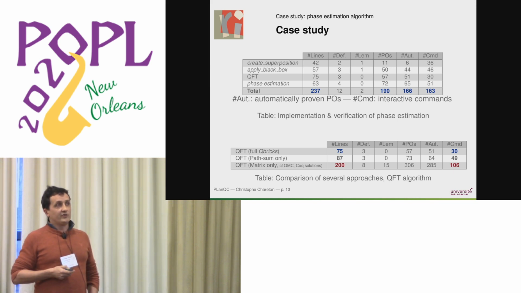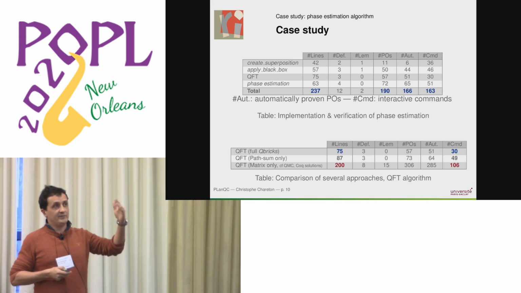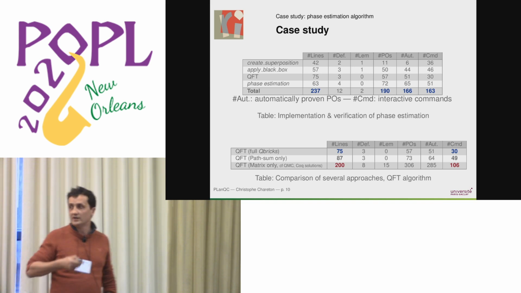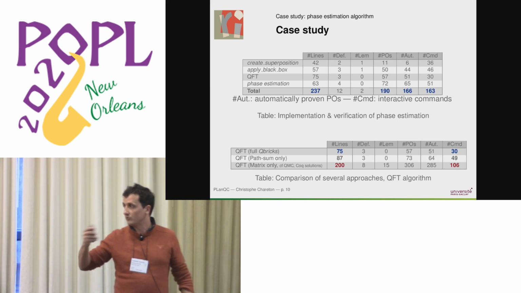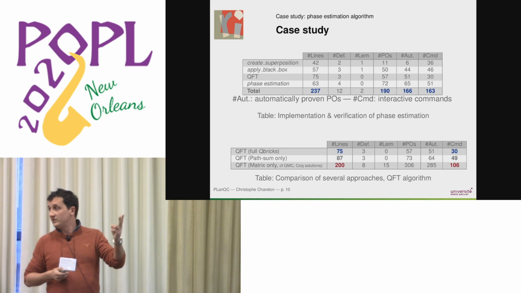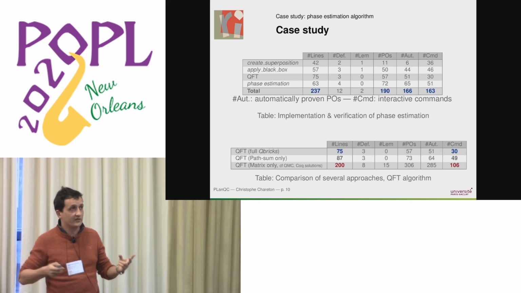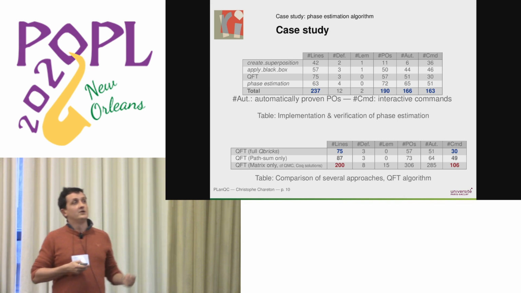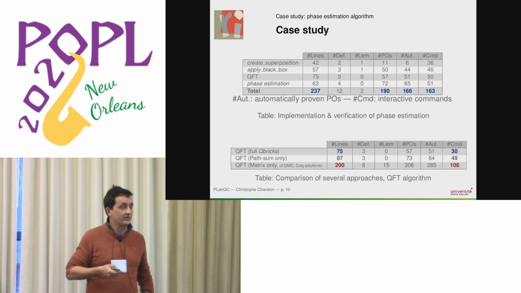It generates 190 proof obligations. 24 of them are not automatically verified by SMT solvers. And to finish their proof, I had to enter manually 163 transformation commands so as to ease the proof fulfillment. So in conclusion, it's possible to apply formal verification in quantum programming with real algorithms, but there is still place for some further work toward further automation.